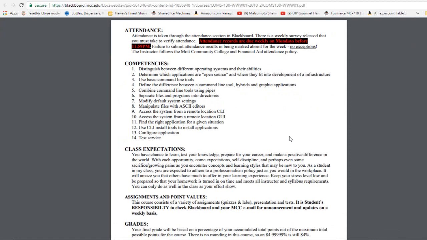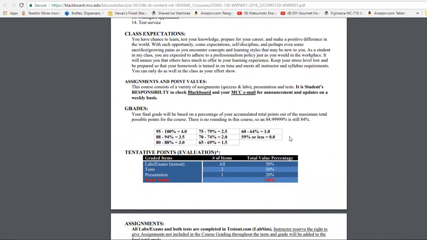Competencies, I'll leave that to you. Please read that. Class expectation, the same thing. Assignment,